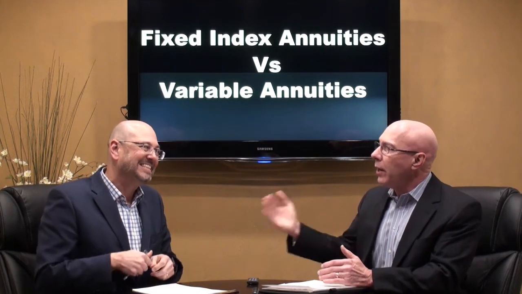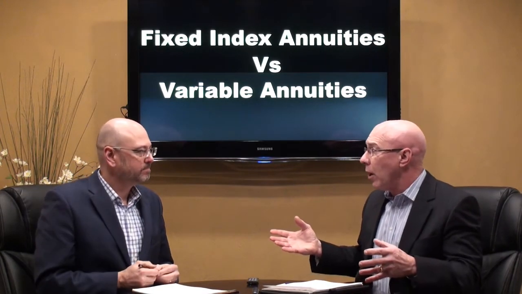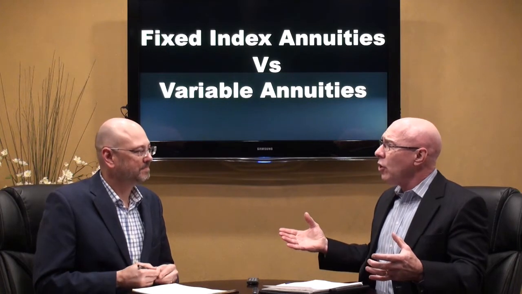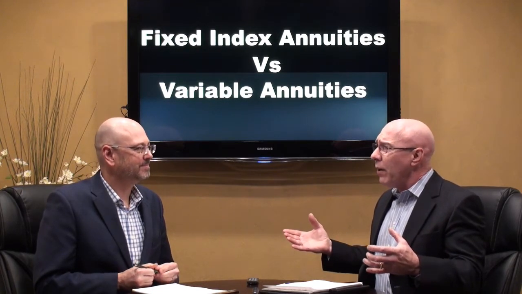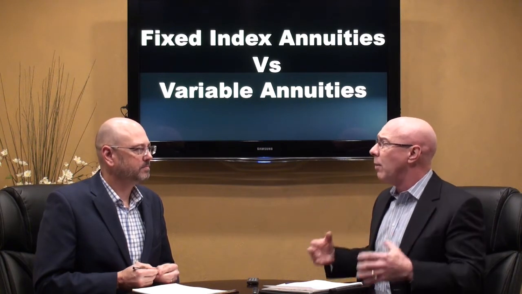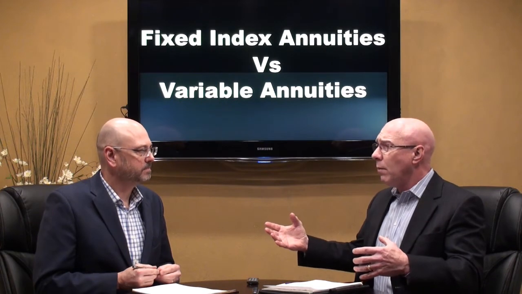Right. And Eric, if we contrast those fees of 3 to 5% that we're talking about on the variable annuities to a more typical fee of around 1%, that's with a good income rider on a fixed indexed annuity. And if you don't want an income rider, you have no fees. And so this is very appealing to folks who really want to get a reasonable rate of growth on their annuity without the risk.